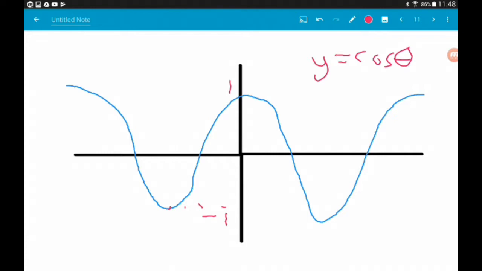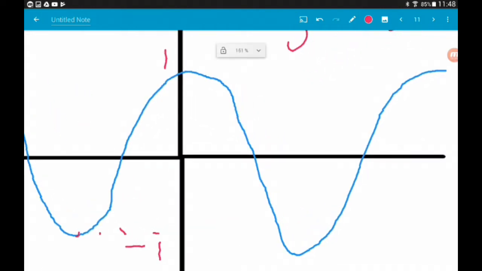Hopefully you understand why this is now. Remember, we are describing the location of a point on the circumference of a unit circle. So this point can only ever be a maximum of 1 away from the origin. So cos goes through the x-axis here at 90, here at